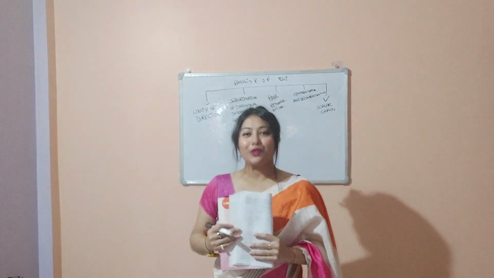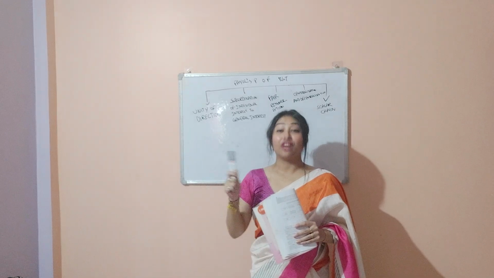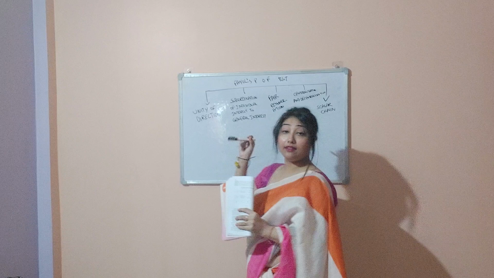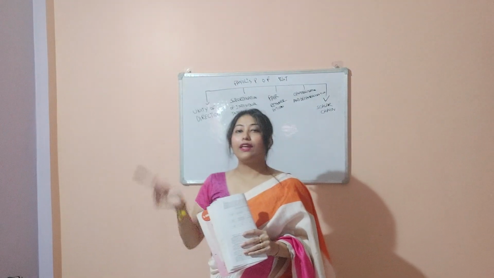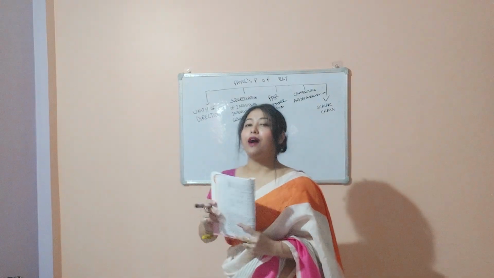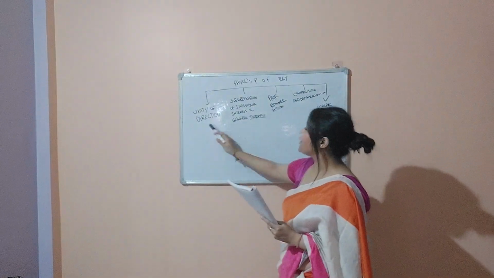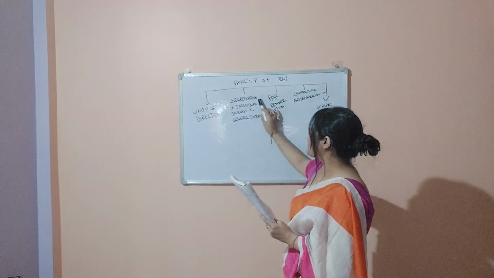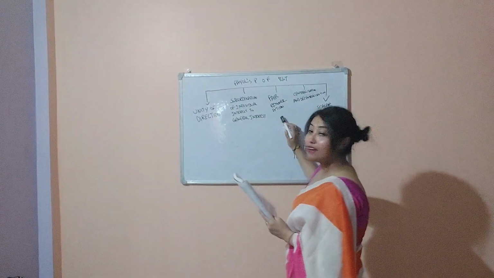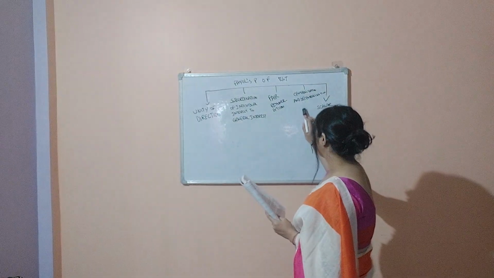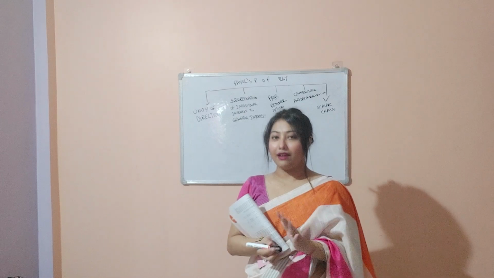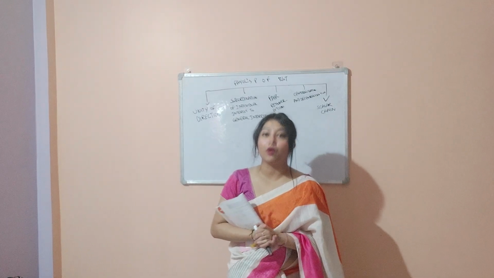I have already explained four parts of Fayol's principles of management. Today, in chapter 2, I am going to discuss the remaining five parts. The parts, as you can see I have written down here, are: unity of direction, subordination of individual interest to general interest, fair remuneration, centralization and decentralization, and scalar chain. In scalar chain there is the gang plank, which is a very important part.